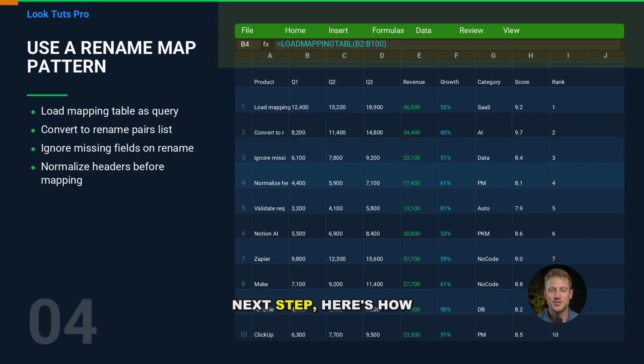Next step. Here's how the rename map pattern works in practice. You load your mapping table as a separate query. Then you turn it into a list of pairs, like old, new. Power Query can apply that list using a rename function. The important detail is error handling. If an old column is missing, a strict rename will throw an error. So you want a rename that ignores missing fields. That way the query still refreshes when a column is absent, and you can decide later whether that missing field